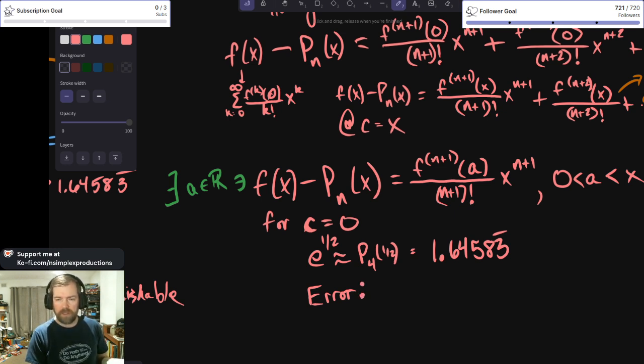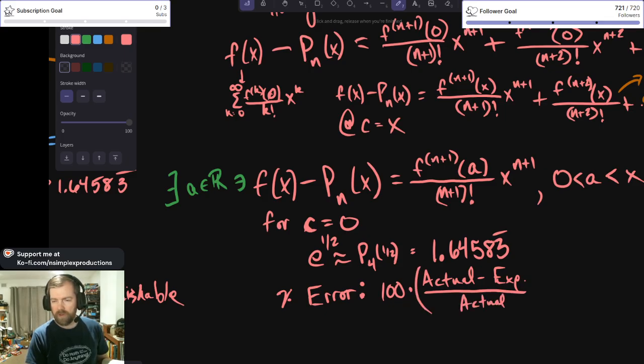So if we want percent error, we do 100 times actual minus experimental over actual, and that's absolute value, just to make sure it doesn't turn negative. And this is going to be approximately